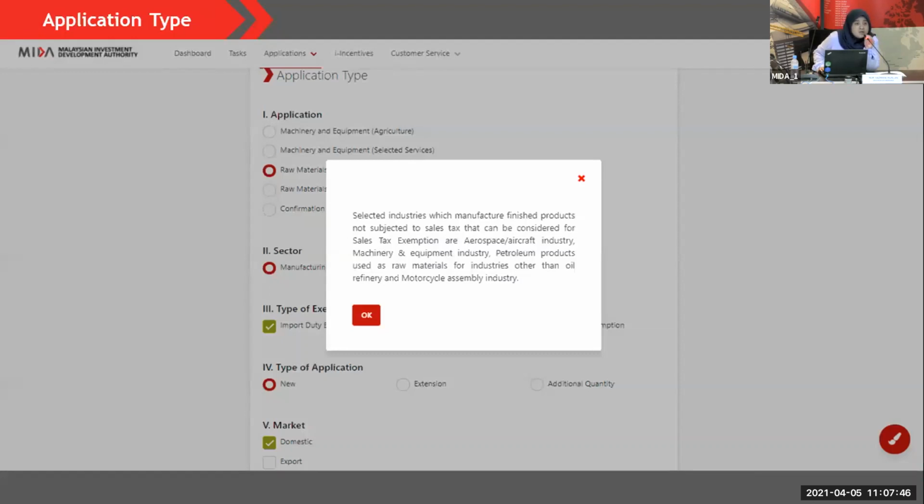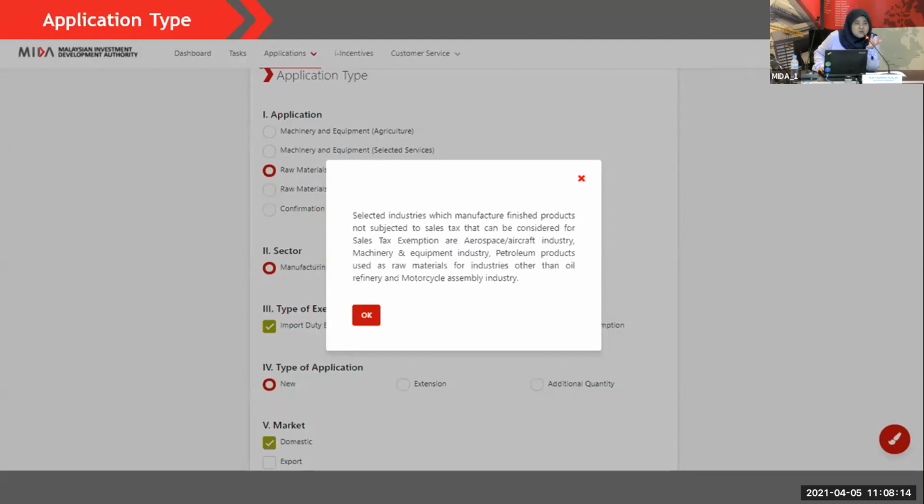You can read here: only selected industries which manufacture finished products not subjected to sales tax can be considered for sales tax exemption: aerospace, aircraft industry, machinery, equipment industry, petroleum products used as raw material for industries other than oil refinery, and motorcycle assembly industry. So there is a remark here, an explanation that not all are eligible to apply for sales tax exemption.